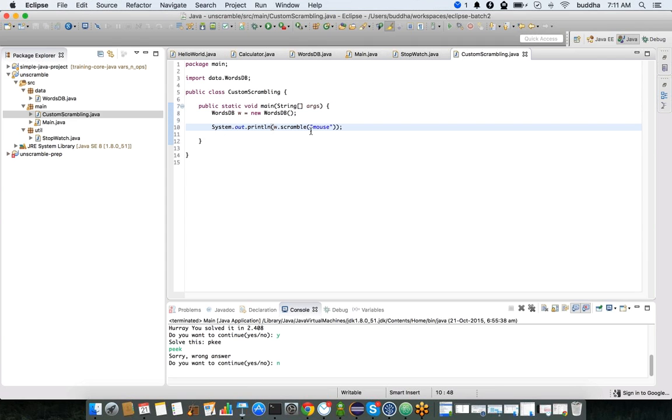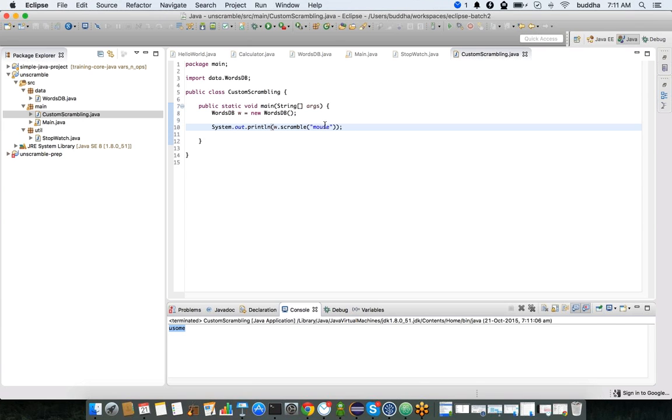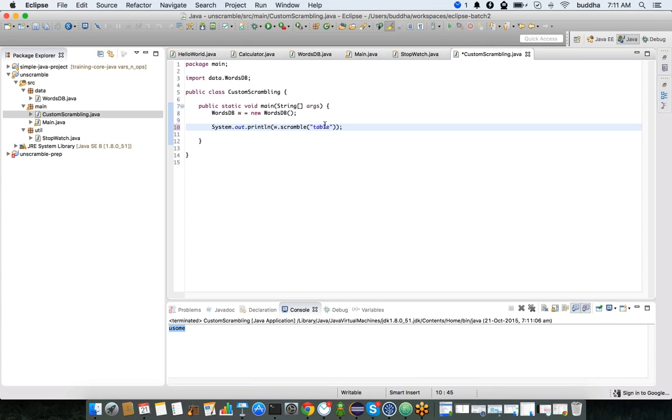Now if we run this program, what happens? The word mouse gets scrambled. Okay, and now if we give some other word, say for example, table, that gets scrambled. And if we run the program, every time we get slightly different functionality for the word. Okay, now